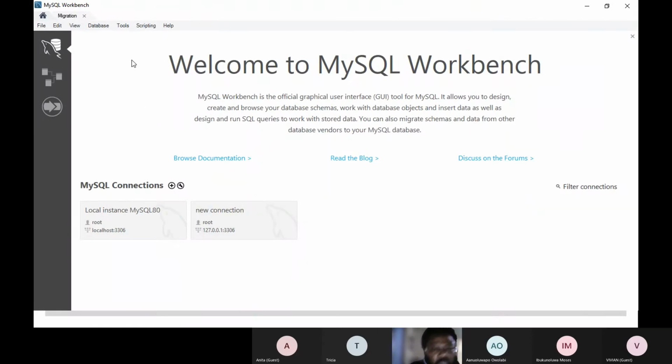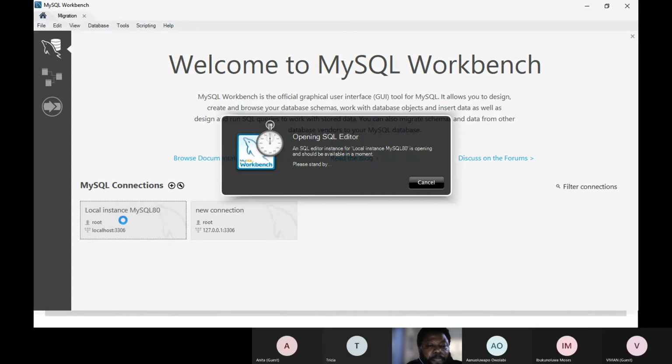As much as I want to initiate a connection now to my database from my workbench, this is my client, I want to connect to my database. It's going to connect because I have both my server and my client on the same hardware, right? So I'm just going to click local instance.